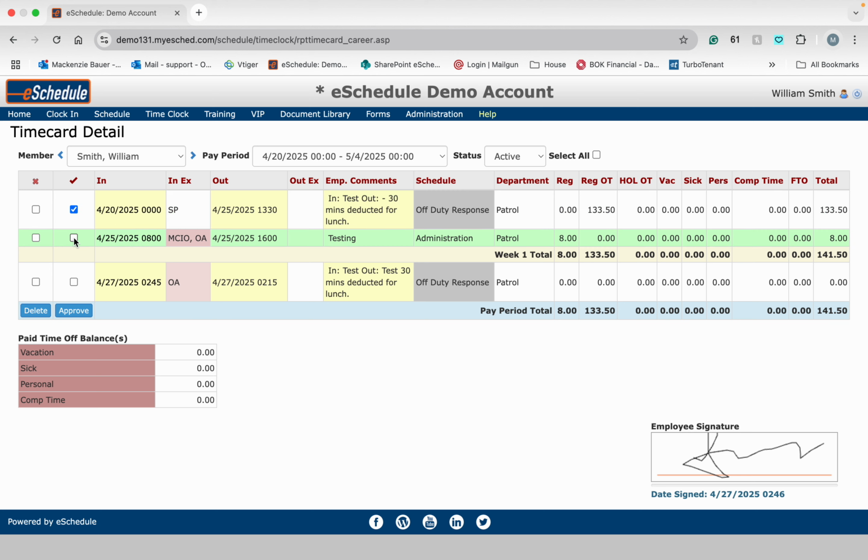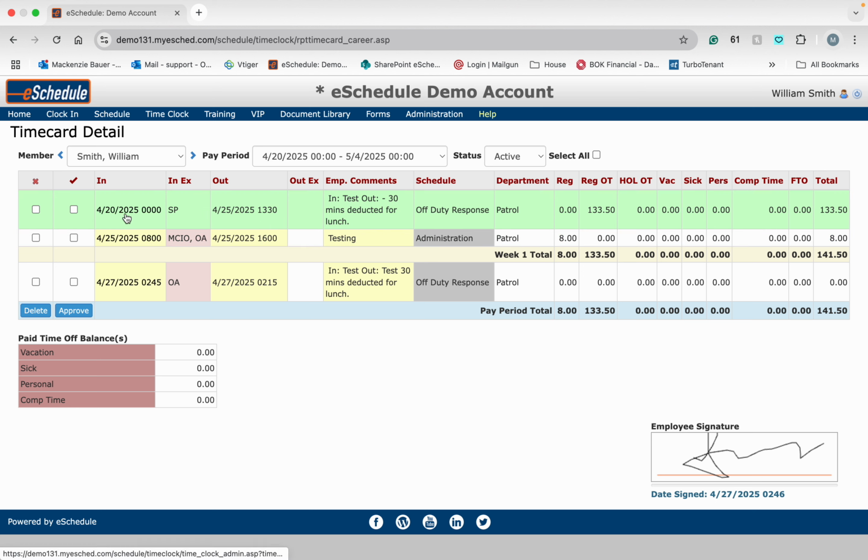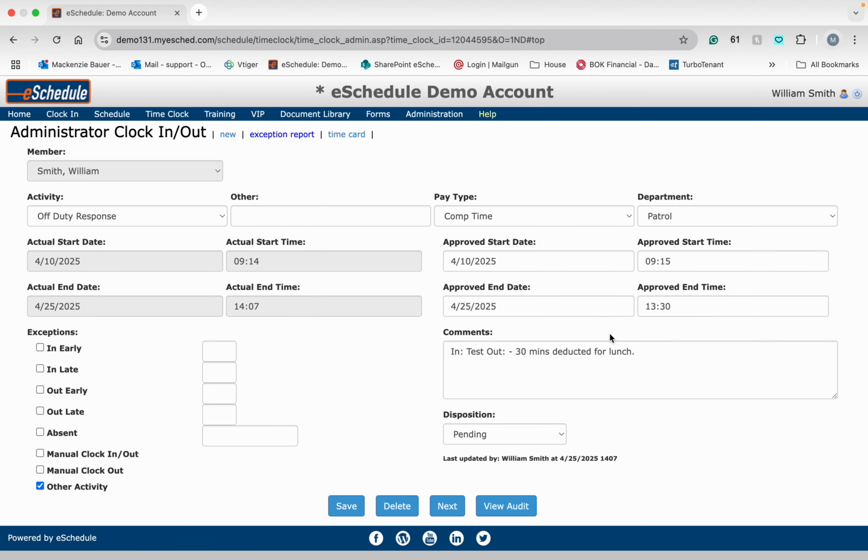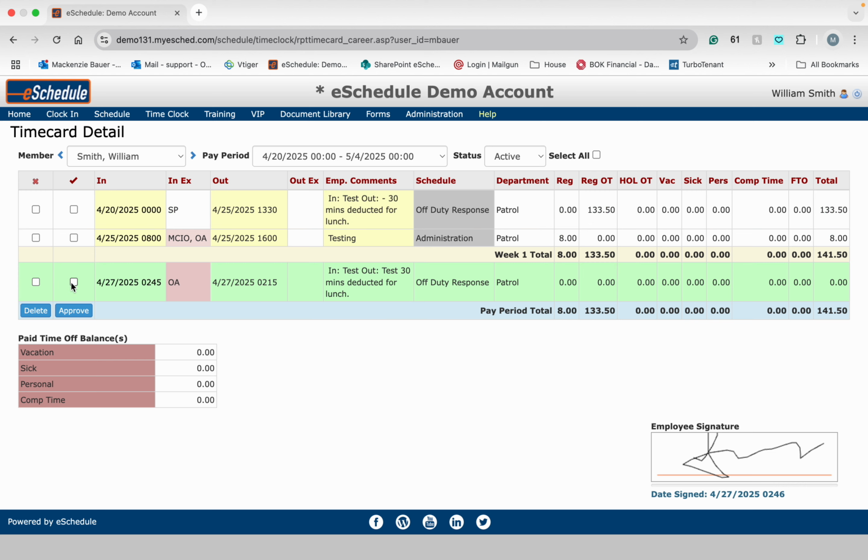So again, we can check those boxes and approve. That accomplishes the exact same thing that we walked through in the time clock exceptions report. Or, of course, if you need to first make any updates or adjustments, you can click on that individual entry, change the times, maybe add notes as needed,